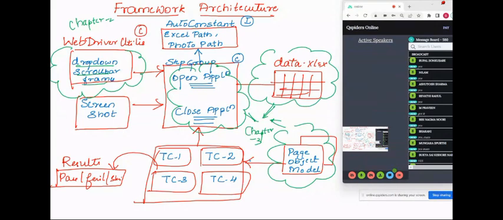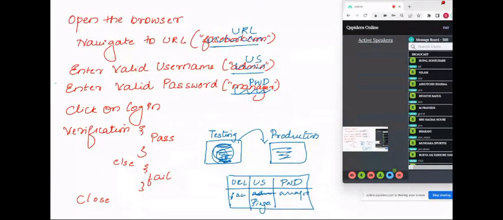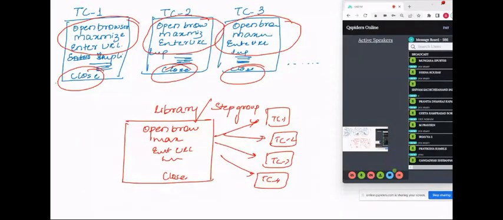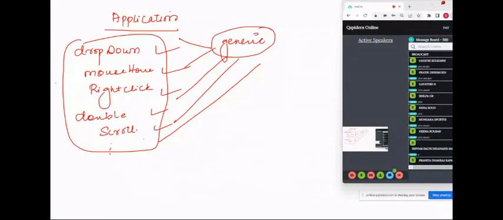Got an idea? What you will be studying? Why are you studying this concept? Are you understanding? So you should not hardcode the data. For that Excel you need to study. Repetition of the code you should not do. For that you are going to study annotations. Okay. Next,